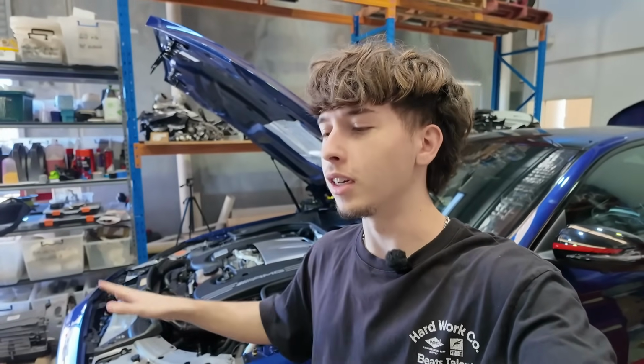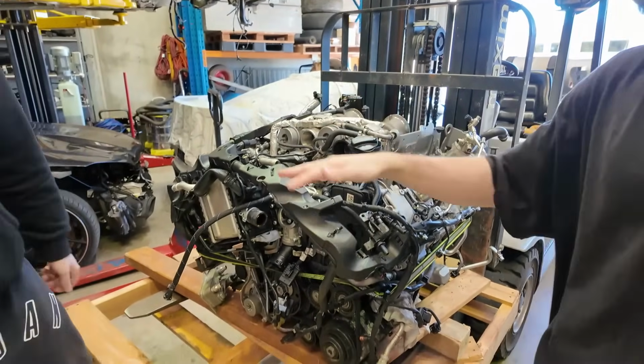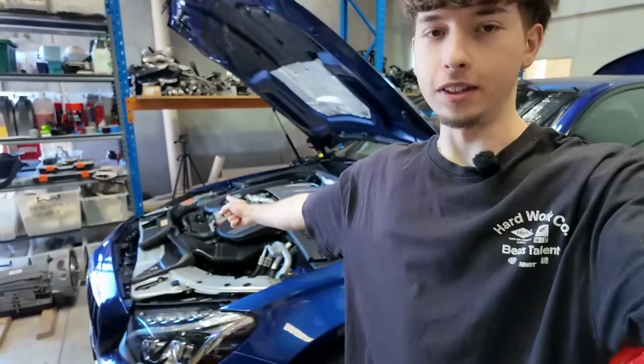Now, they recommended we do the timing chain first and then the cam adjuster. But we've decided to do the cam adjuster first because we actually have a cam adjuster on this original water damaged, or whatever the hell happened to it, blown up engine. There's a chunk missing. The blown up engine that is originally out of this car. So, we are going to grab the cam adjuster off that and put it in this. So we're going to undo all the work we did, take everything off, and...